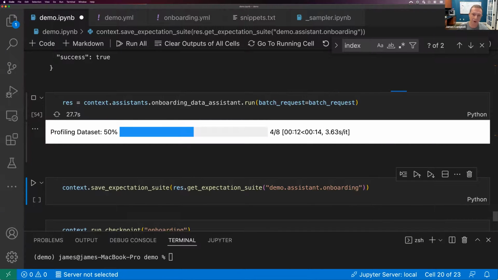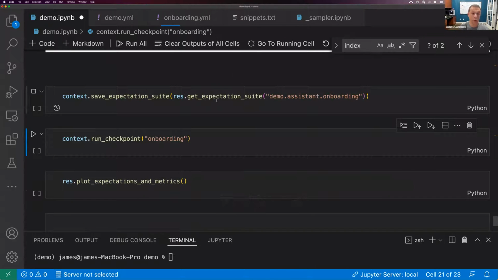set. So I'm running this again on that same batch request of, I think it was 9 months of this New York City taxi data. Once that finishes, I'll do the same thing. I'll save the suite, now I'll call this one onboarding, and then we'll take a look at the